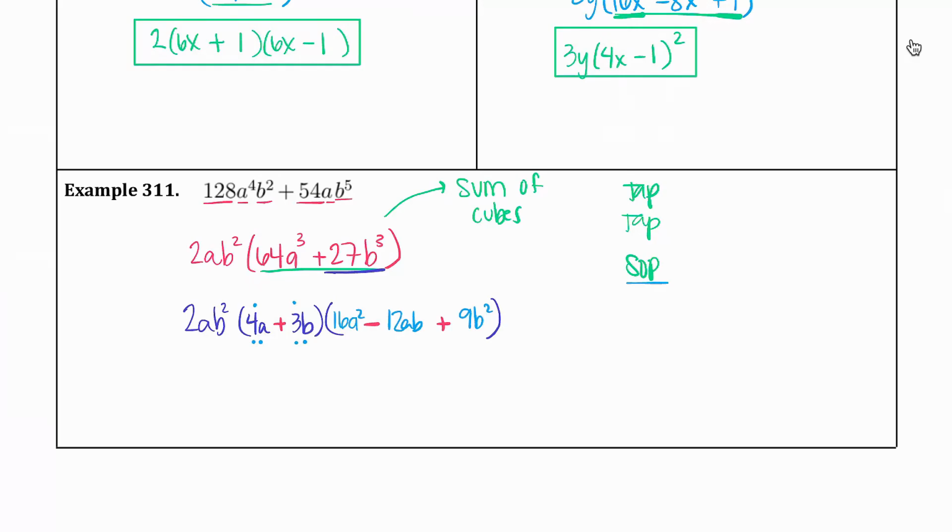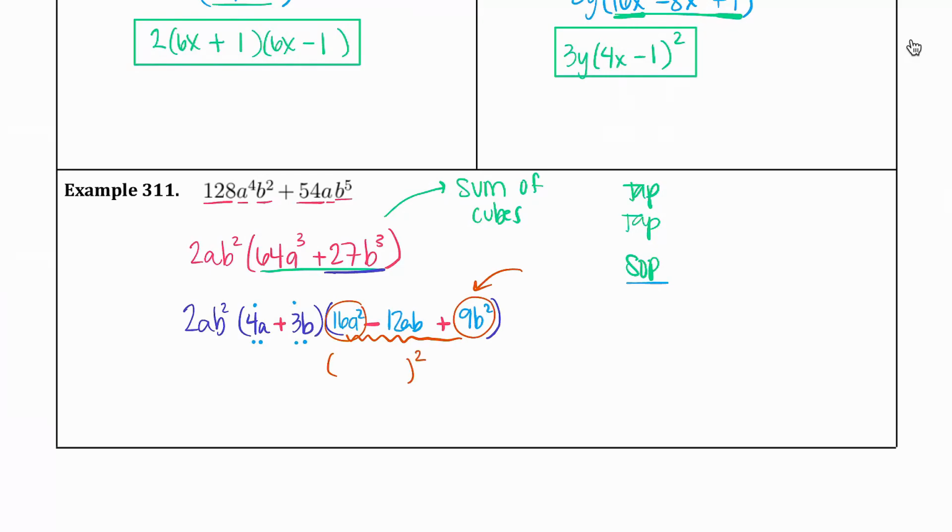So once we take out a greatest common factor, we can continue. And in this case, we had a sum of cubes left. Oh, and actually, we're not quite done here. If you look at this one, we have a perfect square trinomial again. Notice we have a perfect square right here. We have a perfect square right here. So if we continue,